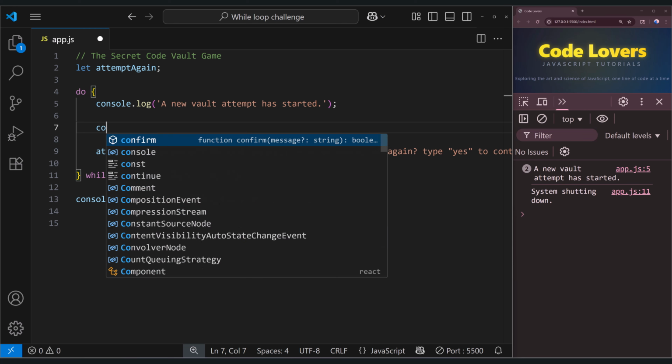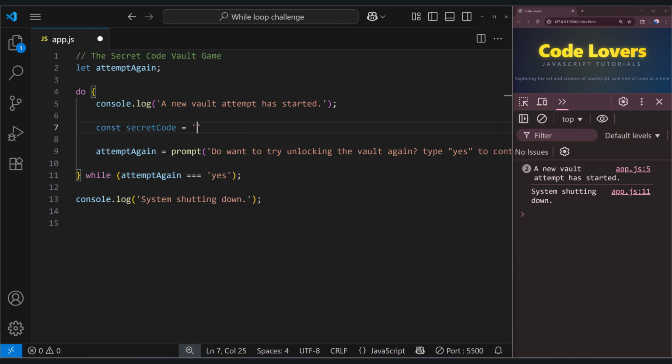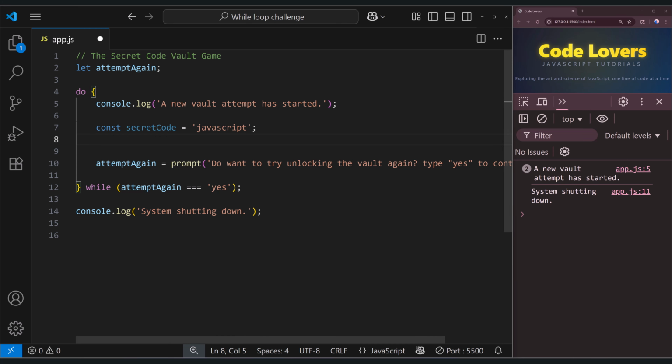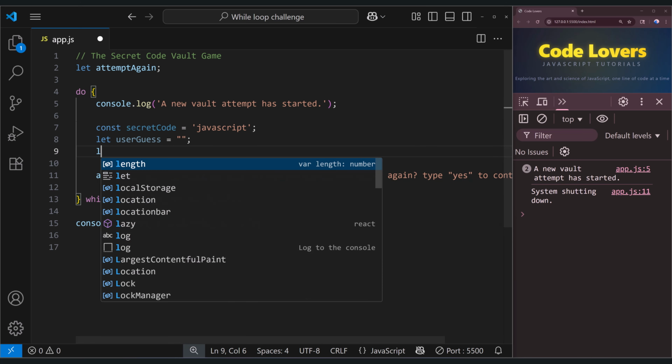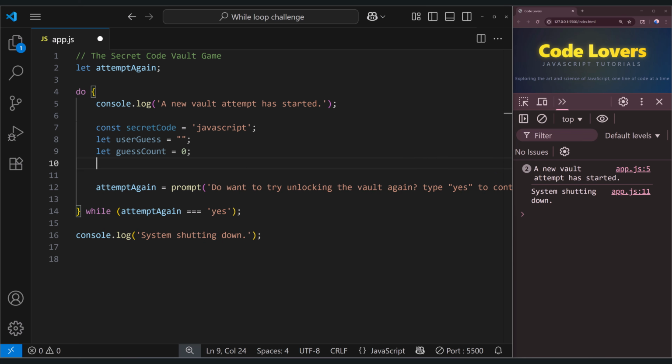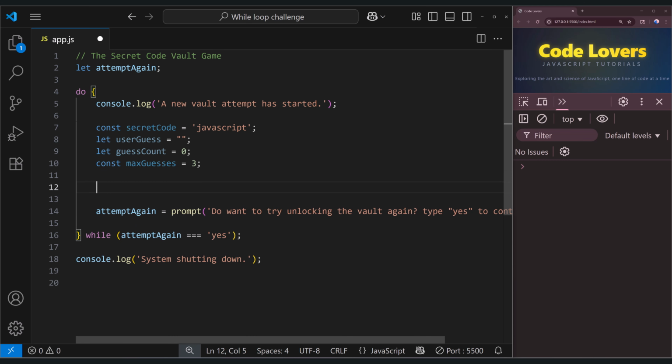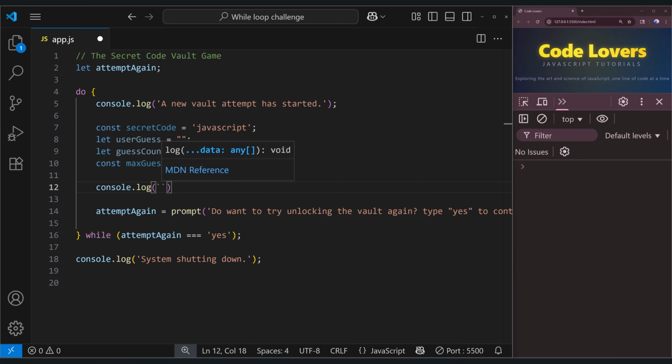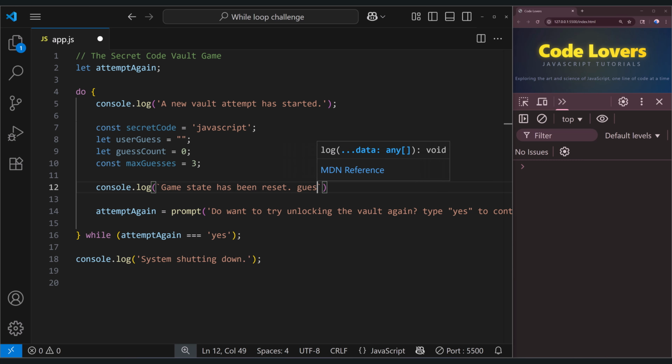So I write const secretCode equals JavaScript; and next let userGuess equals an empty string; let guessCount equals 0; and const maxGuesses equals 3; and console.log, backticks, game state has been reset. Guess count is ${guessCount};